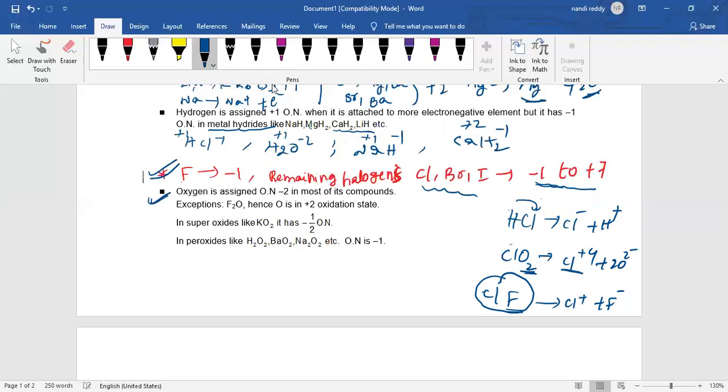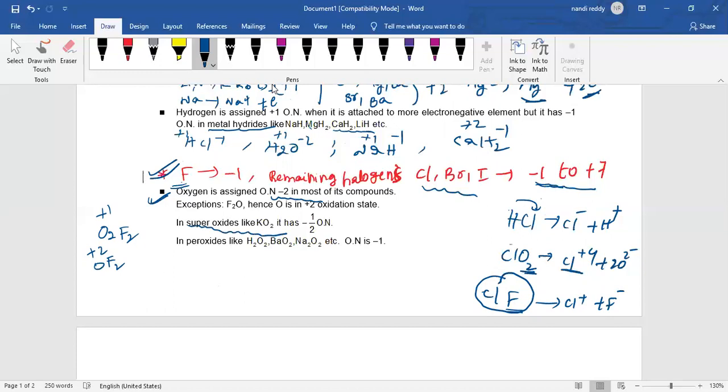This is very important. Generally, in all oxygen compounds, oxygen shows -2 oxidation state. But when it combines with fluorine, the most electronegative atom, only then can it show a positive oxidation state. In O2F2, oxygen is +1 oxidation state, in OF2 it is +2. How to calculate this oxidation number, we are going to decide that. But you have to know oxygen mostly shows negative charge, but it can show positive when combined with fluorine.